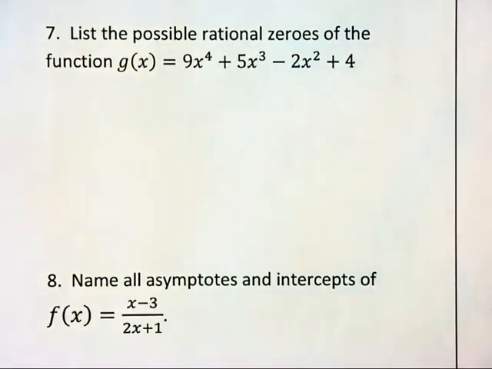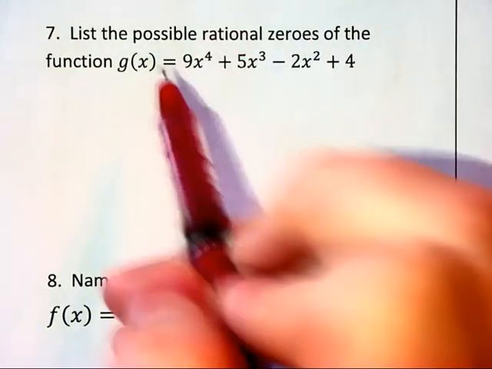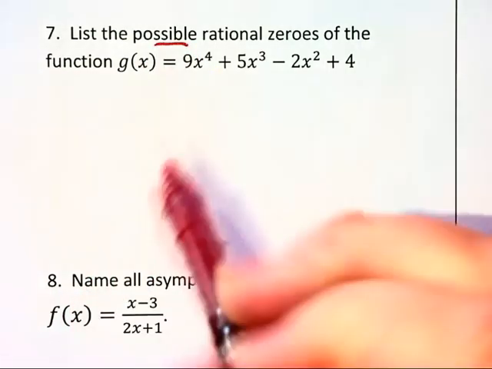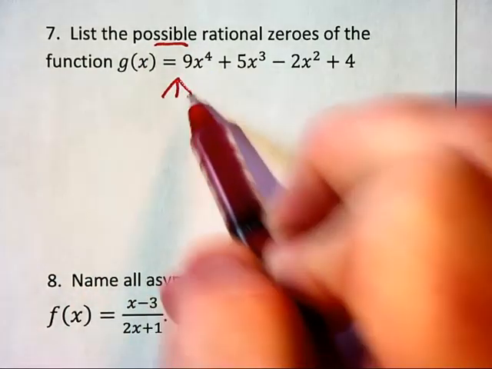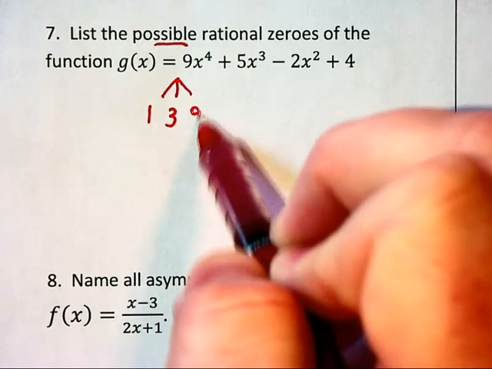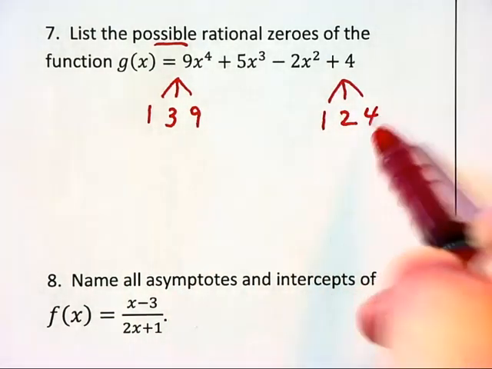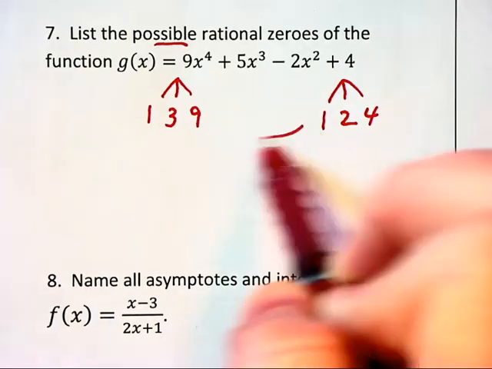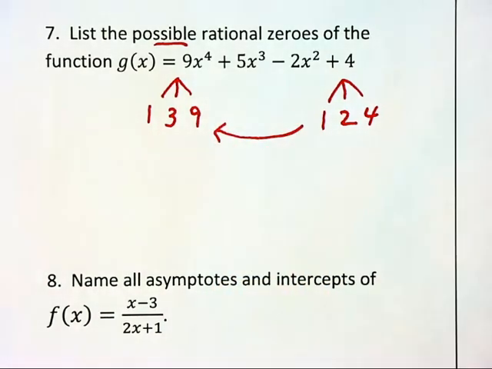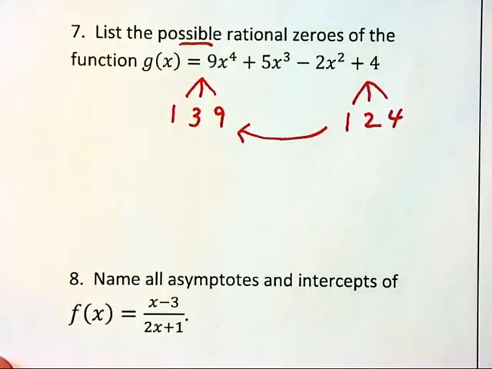List the possible rational zeros. That means we don't have to check them. We find the factors of the leading coefficient, which are 1, 3, and 9, and the factors of the trailing constant, which are 1, 2, and 4. We put the ones at the right over the ones at the left, and the list of all possible ones